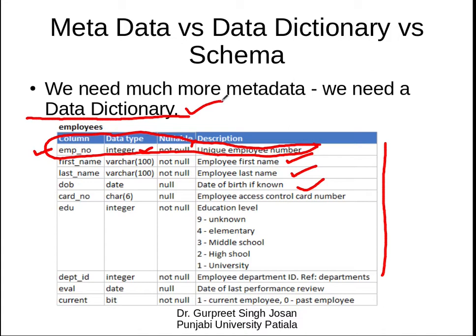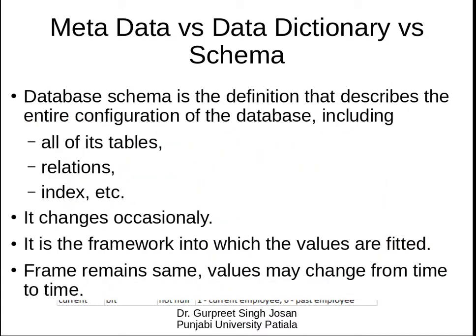We collect the data in the form of a dictionary, and this dictionary is a part of your database management system. This table is stored in the database management system itself, along with your own table, along with the table that contains the data. So this is an extra table that is generated by the database management system, and this extra table is called data dictionary.